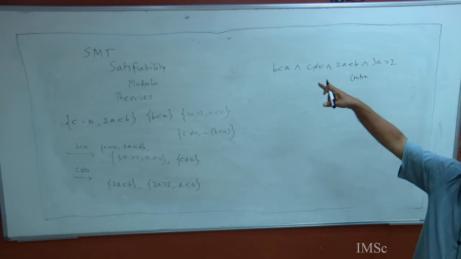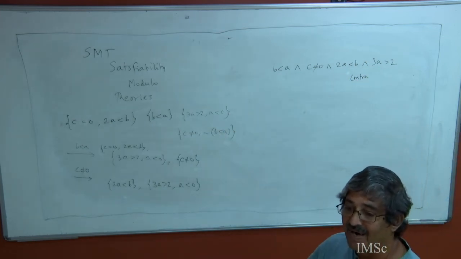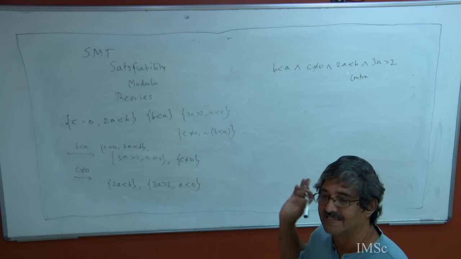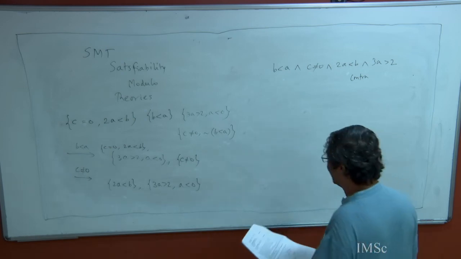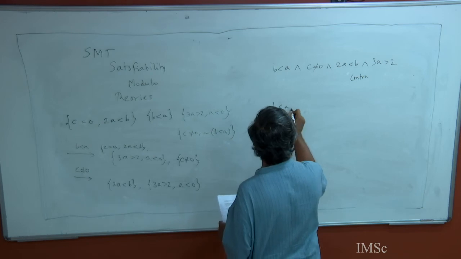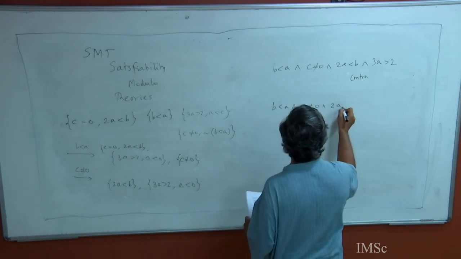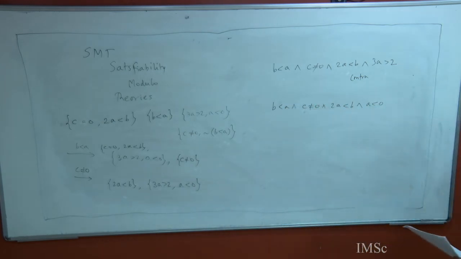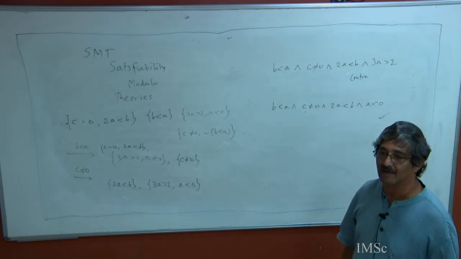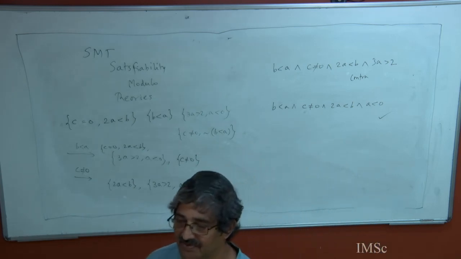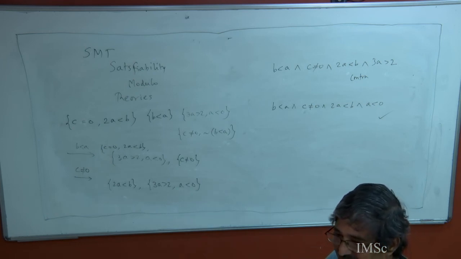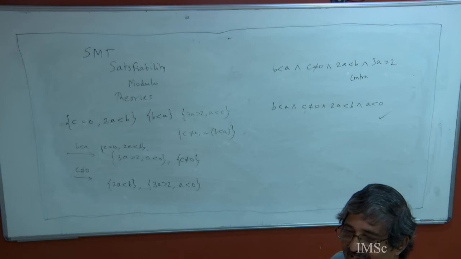Now this is something that it gets not from resolution but from the theory, right? It applies the theory as a lemma and tries to prove that within the theory and says no, that's not possible, and therefore it gets the other model: B less than A and C not equal to 0 and 2A less than B and A less than 0. And this is actually a model and it's satisfiable. This little example hardly does justice to SMT, but